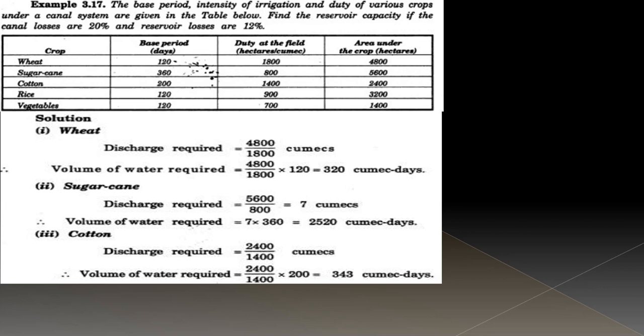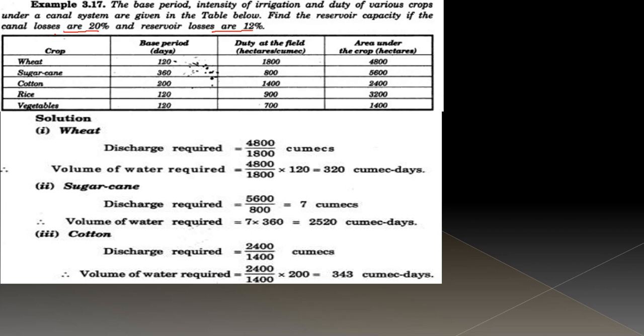So let us see the first question here. Here the base period, intensity of irrigation and duty of various crops under a canal system are given below. And we have to find out the reservoir capacity if the canal losses are 20% and reservoir losses are 12%. So that means, look here,